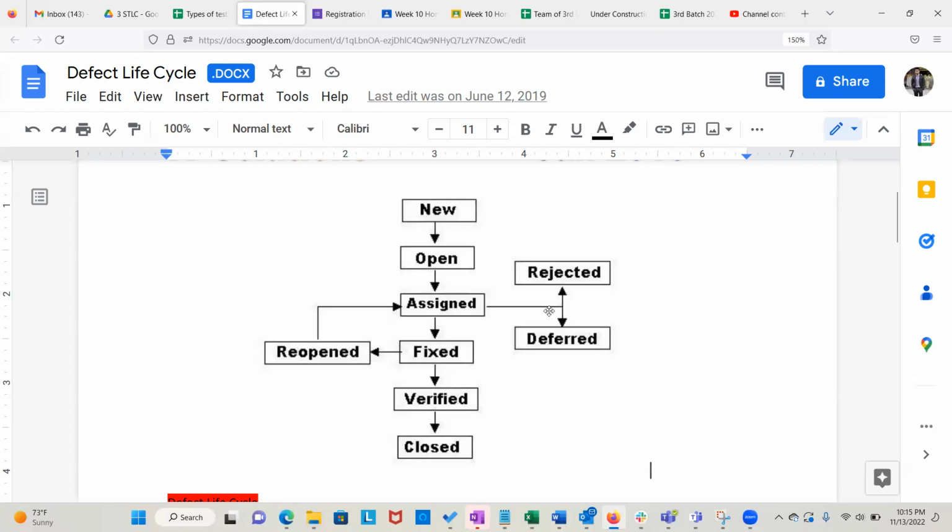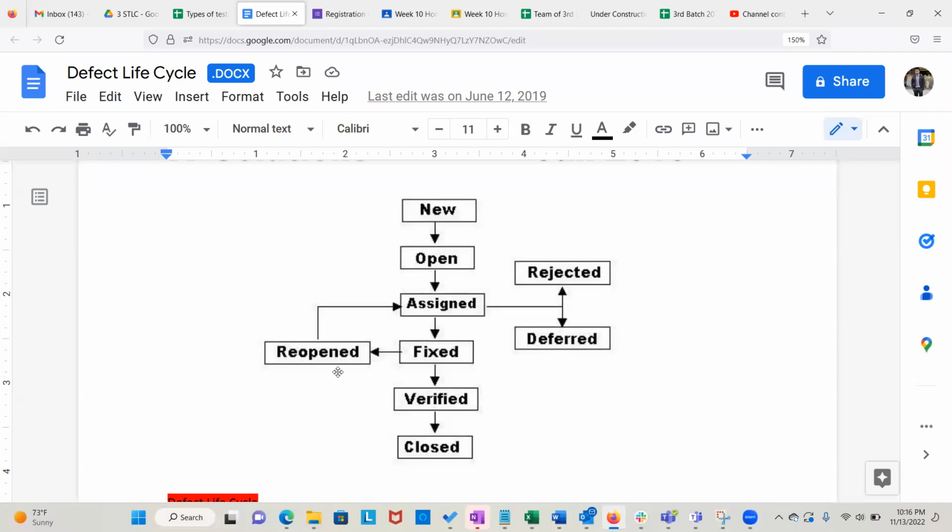We have releases, right? If you're working in Scrum, every 2 weeks you have a release. Every 2 weeks you're pushing some code out to the next environment. So when a bug got logged and it's low priority and the business thinks it can be fixed in future releases, they will push it to future releases and change the status to deferred. It is a valid bug, but it's low priority and will be fixed in a future release. That's when the status changes to deferred. These things are commonly asked in the interview. So understand this: why is it rejected? Why is it deferred? Why is it reopened?